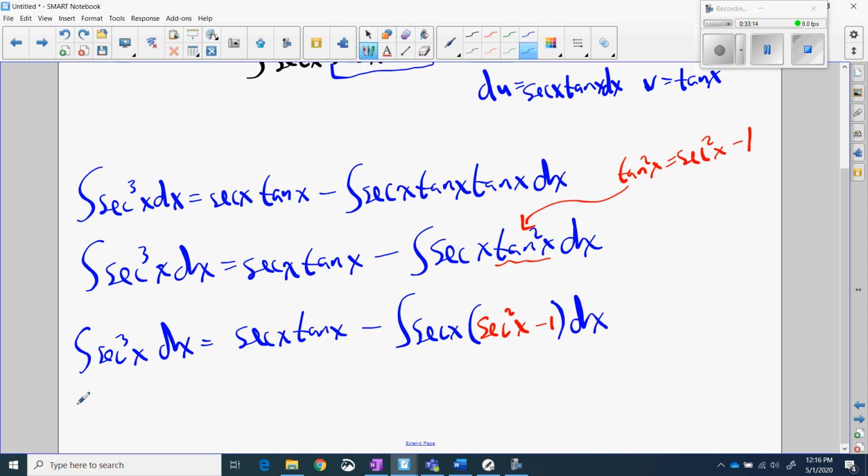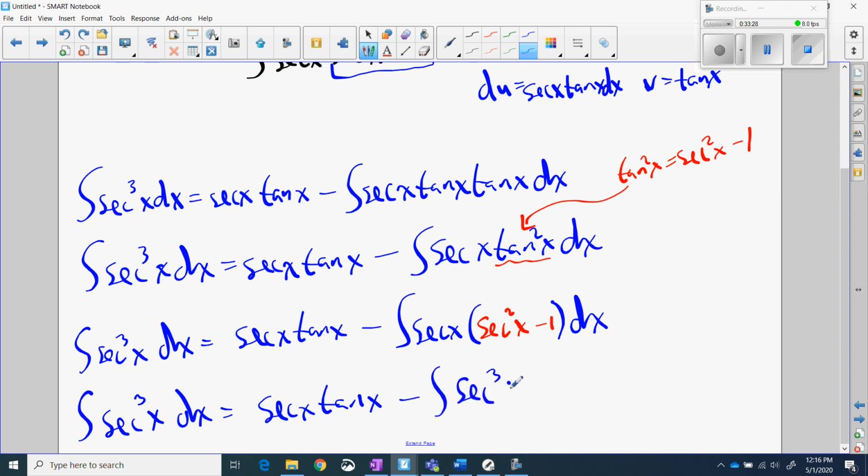Some of you maybe already see where this is going. The integral of secant cubed x dx equals secant x tan x minus the integral of secant cubed x minus secant x dx. Well, if I split this integral,